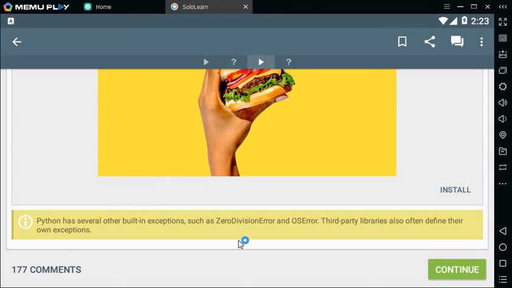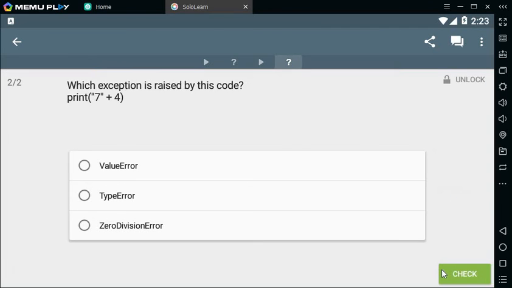So it's an error that would be thrown if the operating system, say it's an Apple operating system or Windows, or if you're using Linux, for some reason it's not the Python program, it's the operating system that is causing an error, maybe some incompatibility with certain features or something like that. Third-party libraries also often define their own exceptions, and you can basically customize exceptions if you don't want a certain